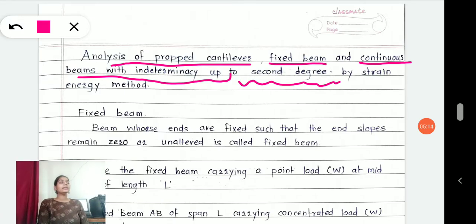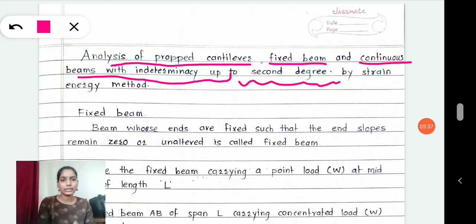Okay. Now, when I said strain energy method, you must remember that earlier we have understood what strain energy is. Let's suppose we have a beam with us, and in that beam a certain work is done due to applied forces or an applied system of forces.